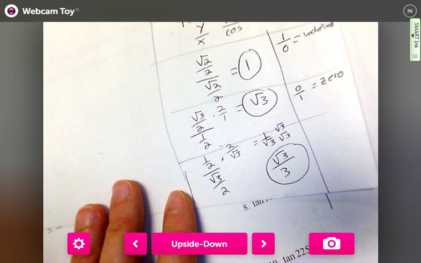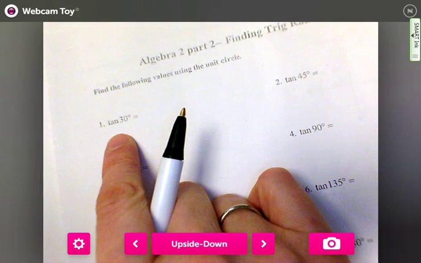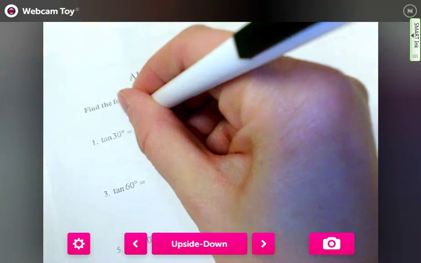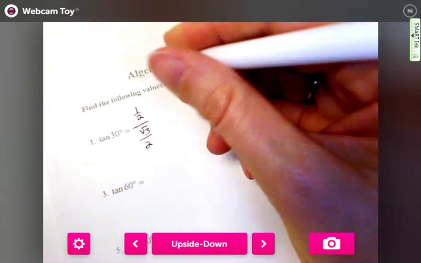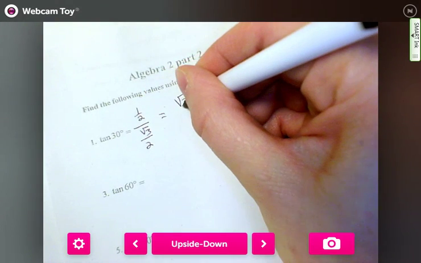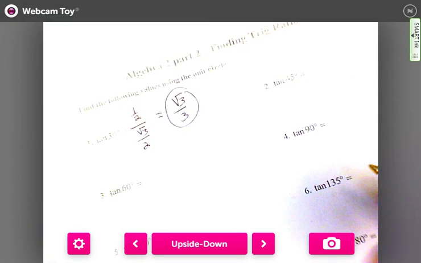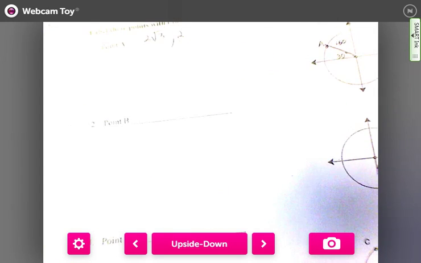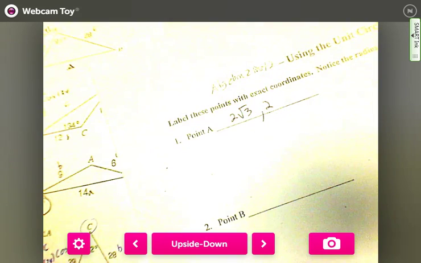So let's try 1 or 2 for your homework for tonight, so you can do this on your own. We want the tan of 30. So 30 is square root 3 over 2 and 1/2, so we put the y on top, 1/2 over square root 3 over 2, and you look at the bottom of your paper, and that should be square root 3 over 3 is your answer. Okay? So we're working just like that. We're going to figure out all of these for tangent. So this is your homework for tonight. Okay, so in class, before the end of the hour, you need to complete this one, and then this is your homework for tonight. You need your unit circle for all of these, so please